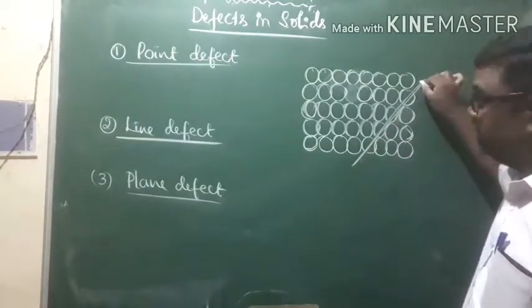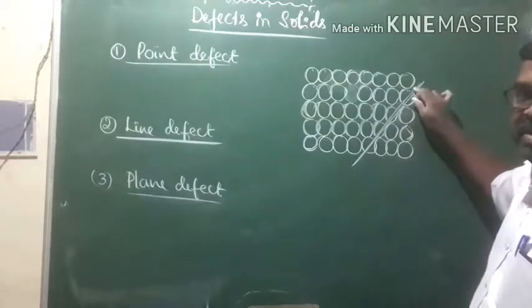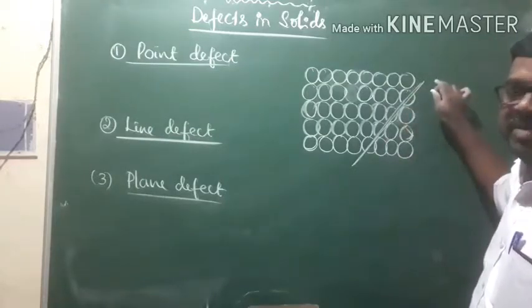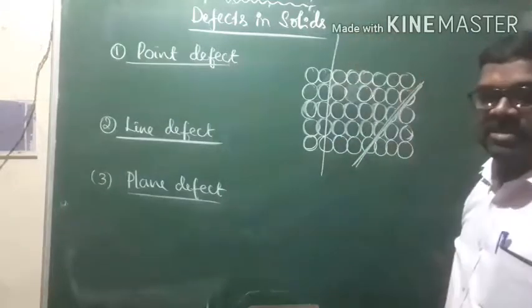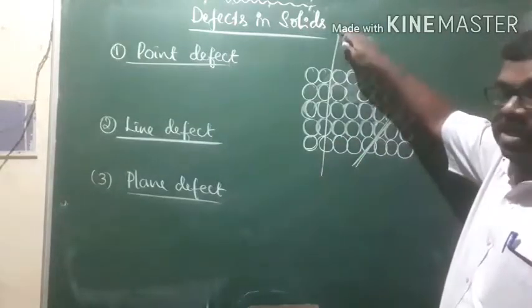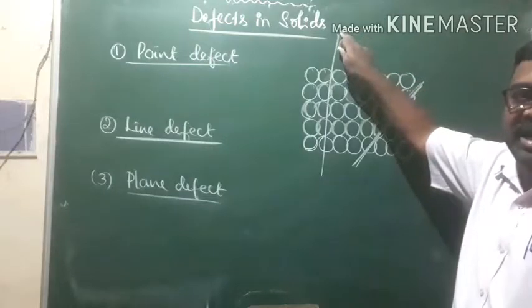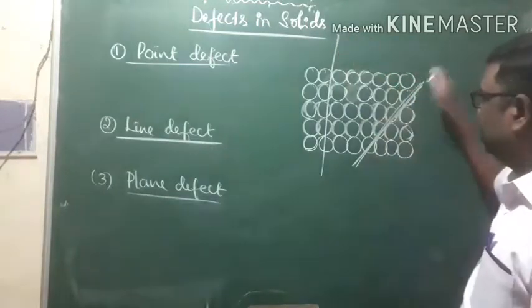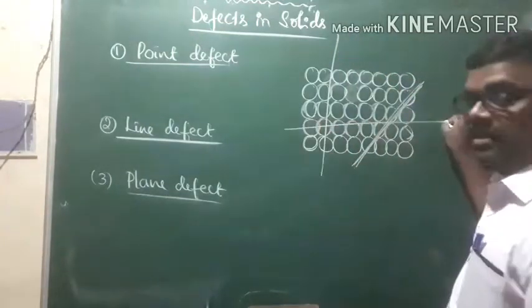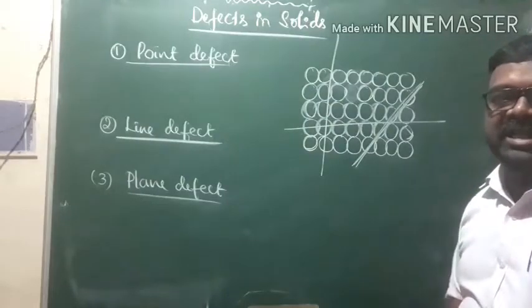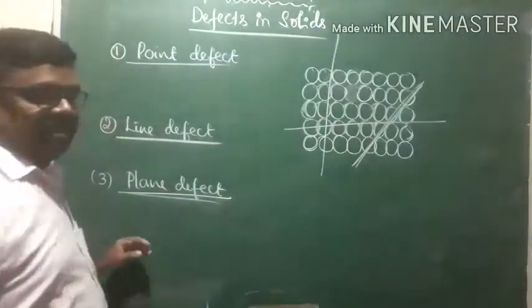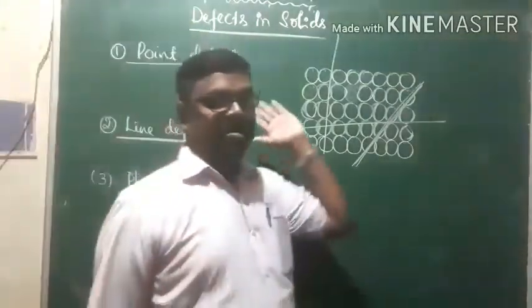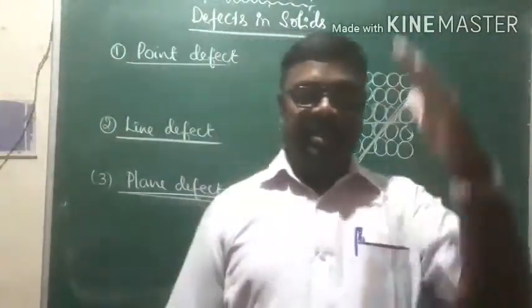Yes, that is, if there is an irregularity or deviation from the ideal arrangement along one particular row, if the irregularity corresponds to a particular row of particles, then that particular irregularity is called a line defect. As far as plane defect is concerned, plane defect corresponds to a particular plane, that is, xy plane or